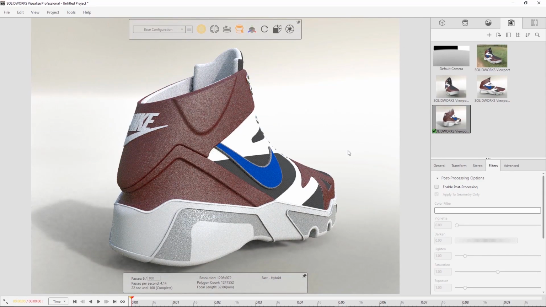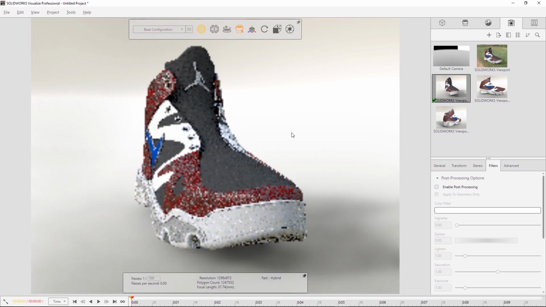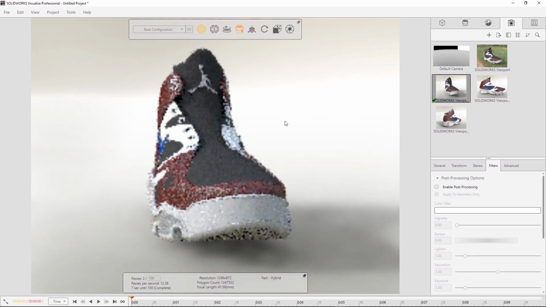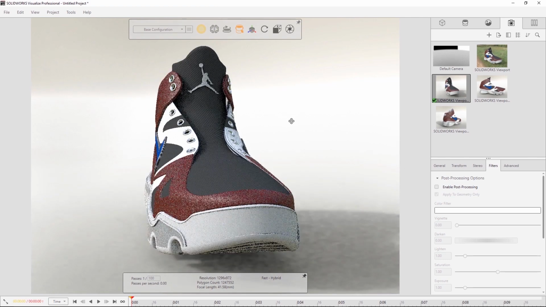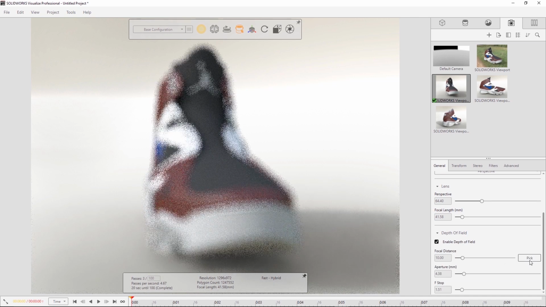Now, once we've got those cameras, we can actually do some funky stuff with them as well. So I'm going to go back to this one where it's at the front, because I just want to show you some of the really cool tools that we've got that allow us to set a depth of field to it. Now, obviously, if I was going to shoot this with a DSLR, then some of it's going to be in focus and some of it isn't. So all I'm going to do is on my cameras tab, under the general tab, we've got the ability to turn on depth of field.